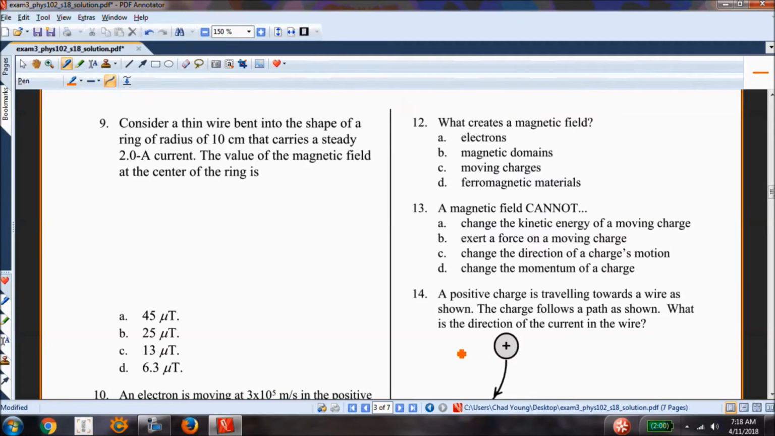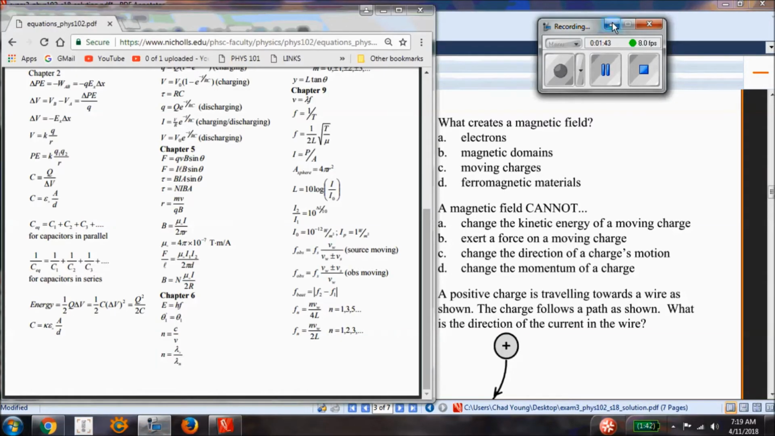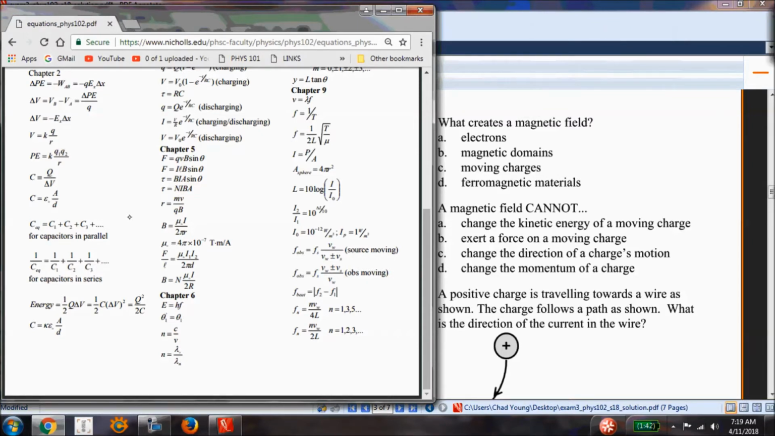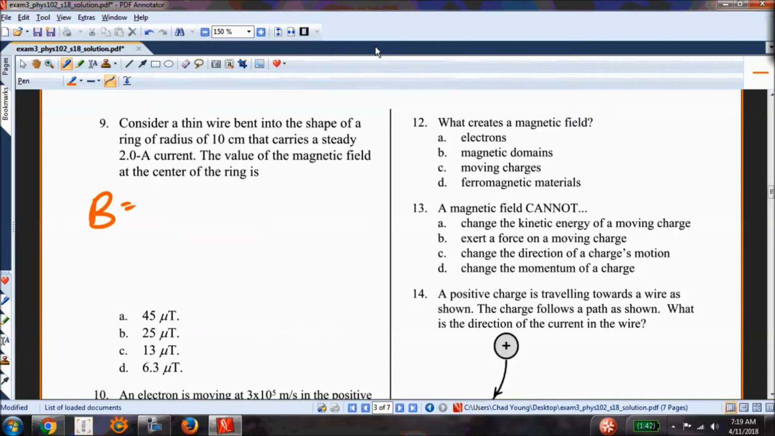All right. Consider a thin wire bent into the shape of a ring, carries a steady 2 amp current. The value of the magnetic field is what? Let's look at that equation sheet. The equation sheet has the magnetic field due to a coil of wire. That's going to be B equal N mu naught I over 2R. I know that because it has the N in it, and that's related to a solenoid. I'm not looking at a long straight wire, although I am looking at just a single wire, so N is